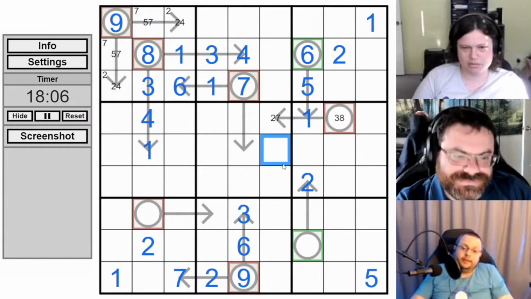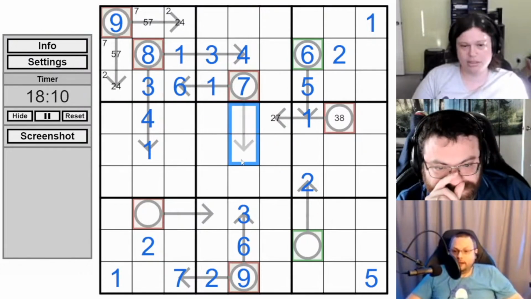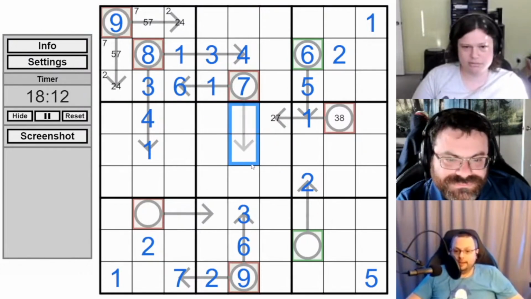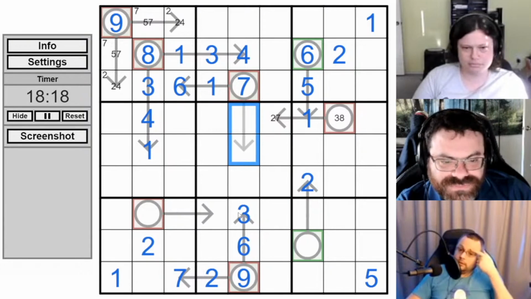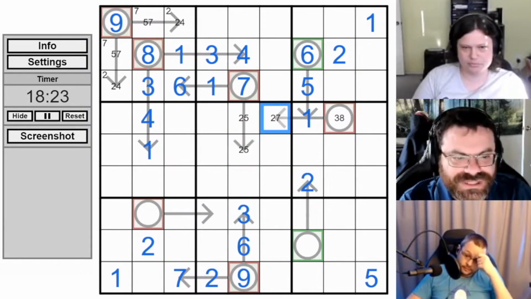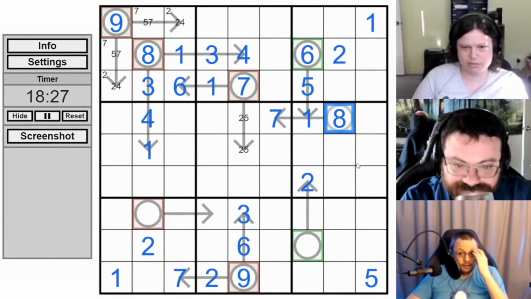Yeah, but the 7 arrow in column 5 is going to give it to us, because the 7 arrow in column 5 has to be a 2, 5, and so that's going to make it a 7. Now if we look at this 7 arrow, it can't be 1, 6, can't be 3, 4, so it is 2, 5. So now this is 7, 8. Yeah. So that's how early we can get it.